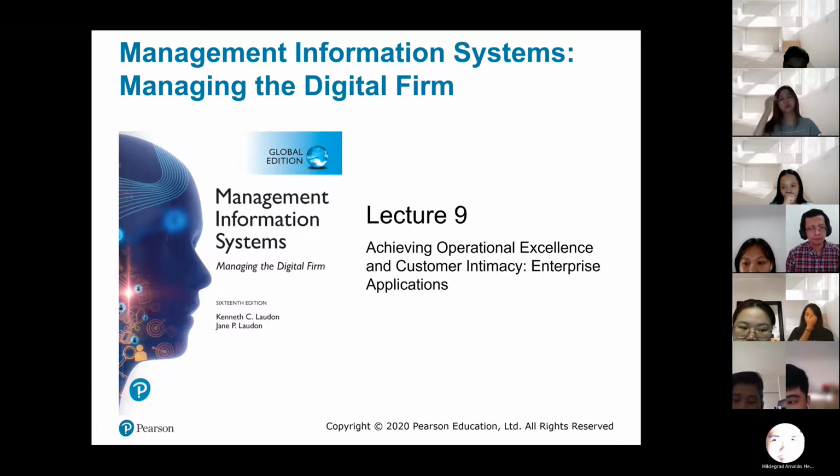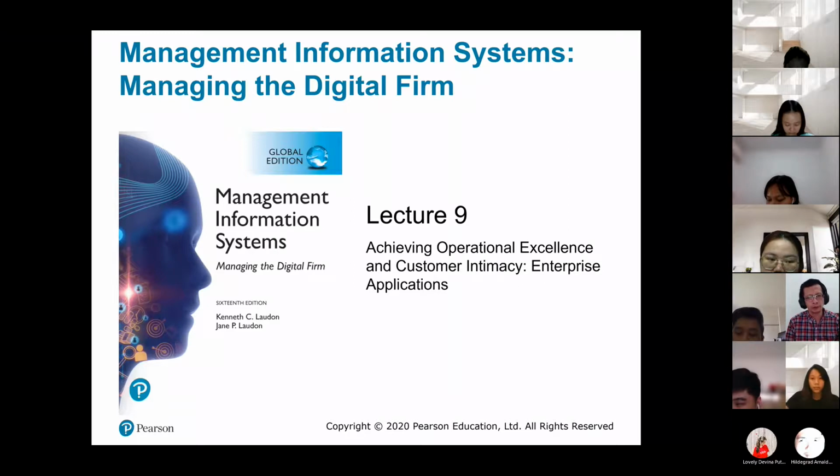Enterprise application. When we talk about enterprise, we talk about a company that has many divisions, many subsidiaries, that probably has multiple businesses. We talk about companies like Astra International, Pertamina, Unilever, and many other enterprises.